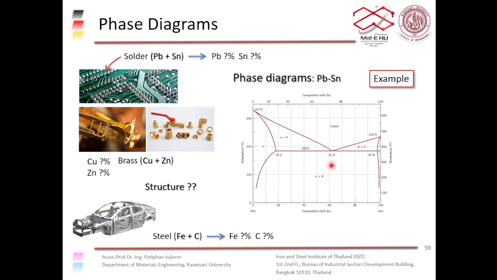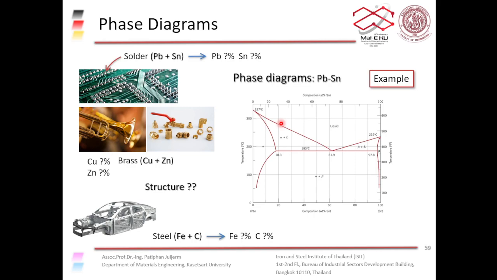Okay, so when we want to produce solder from lead and tin, we look at this phase diagram, and we can see that at this composition, 61.9% tin, this has the lowest melting point of all the alloys. So we mix it at this composition and we use it as solder, right? So we have 61.9% tin, and the rest is lead, and that is our perfect solder. If we don't consider that lead is toxic, tin is a little bit toxic as well,